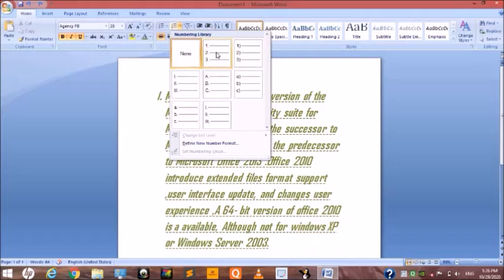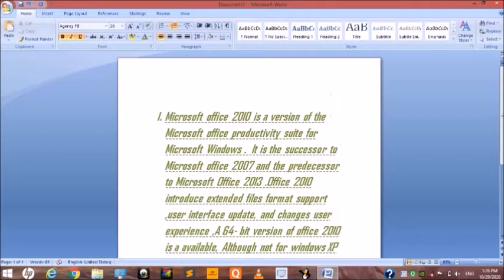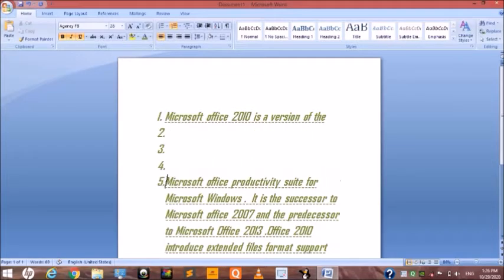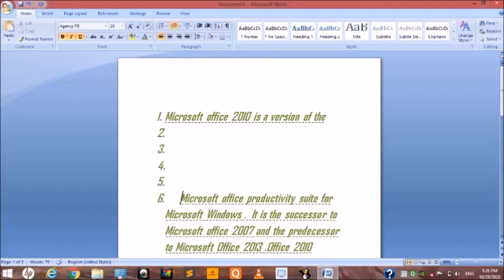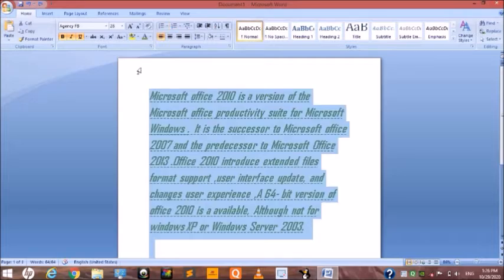Immediately the first number of the list will appear, and when you enter the list item and press the Enter key, it gets the next number in this way: 2, 3, 4. When we press the Enter key, it immediately gets the next number.